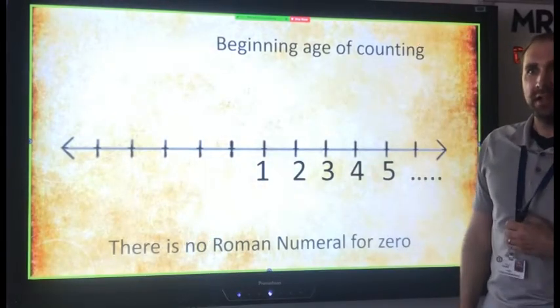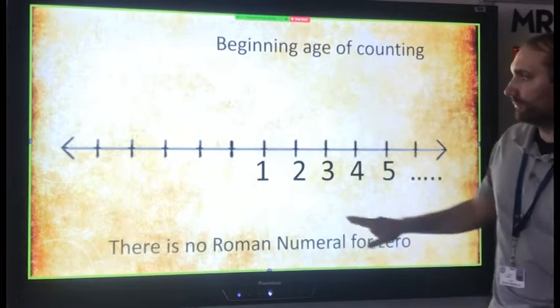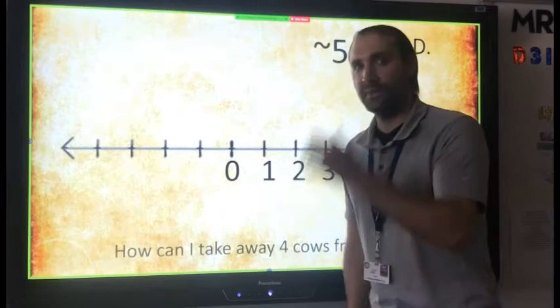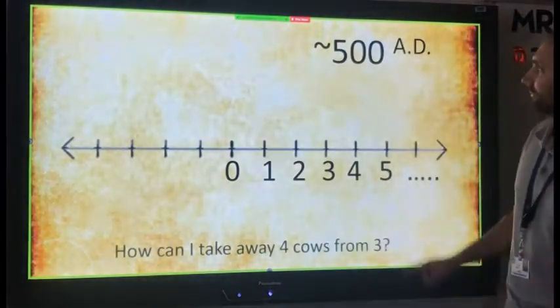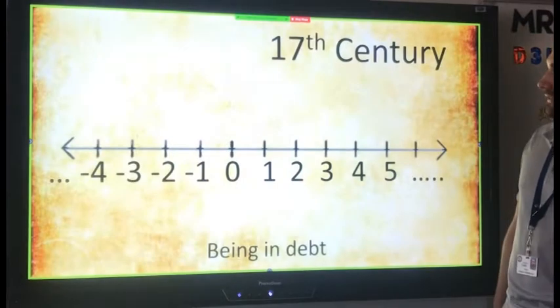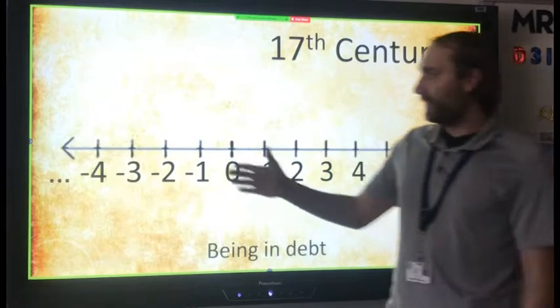If you said, how many cows do you have? They would just say none. They couldn't think of that as an actual number. Now, 500 AD is when they introduced 0. How many cows do you have? 0 would be a number that they considered. Now, 17th century, about 300 years ago, they finally completed the number